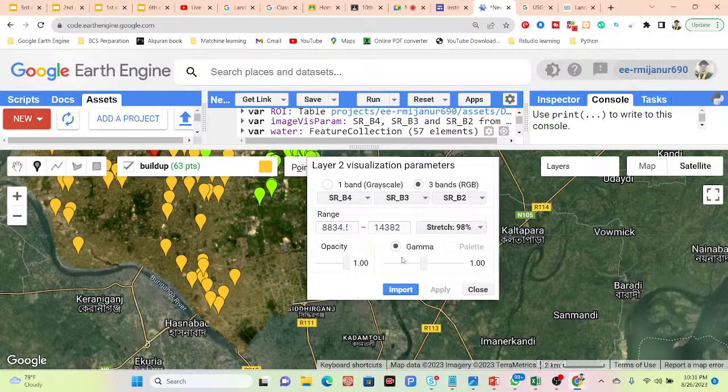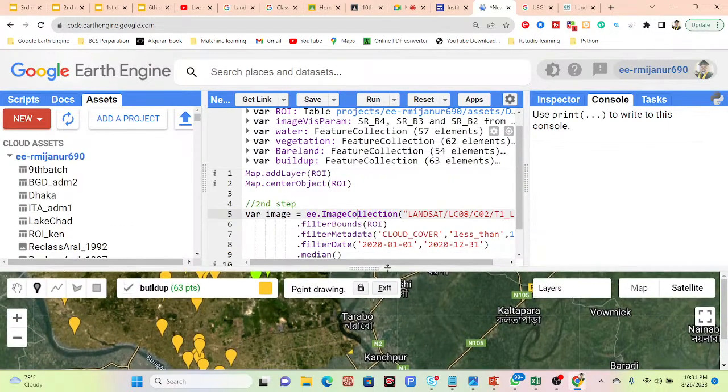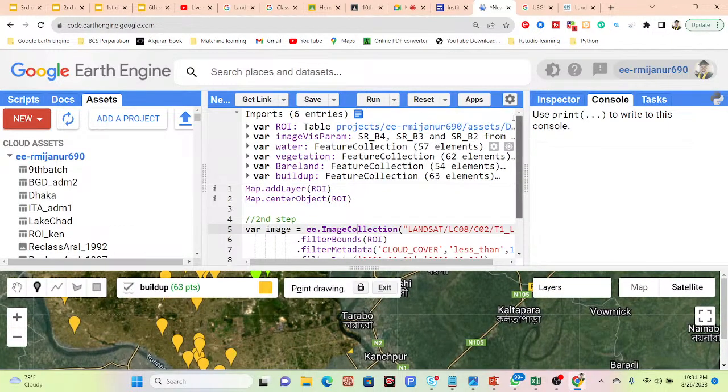Okay. So I take the training points, look like that. So here I can get all of those training points in here. So this is my third step for collecting all of those training points for water, vegetation, barren and built up. Okay, so now I move to the